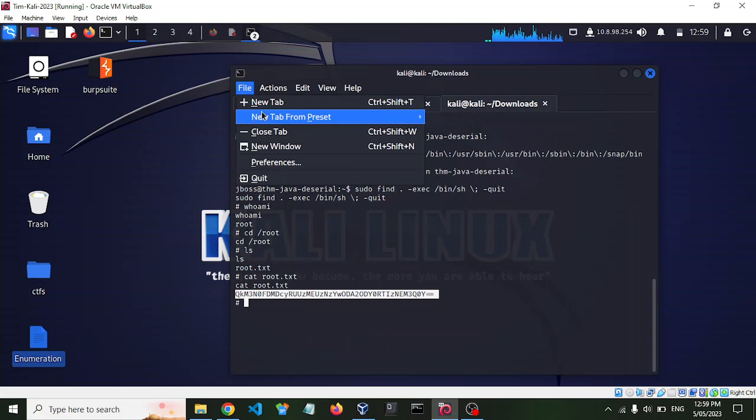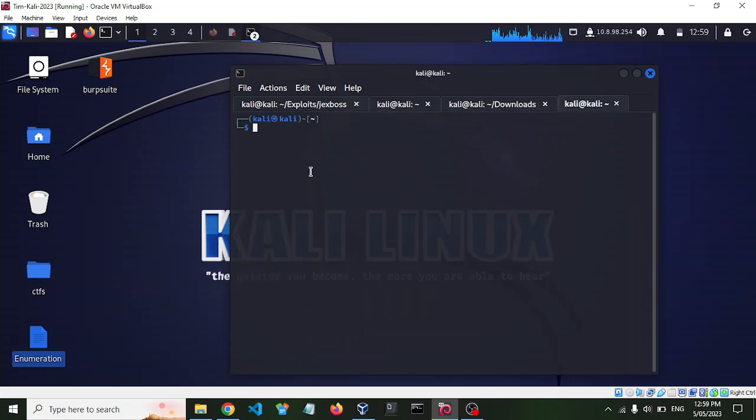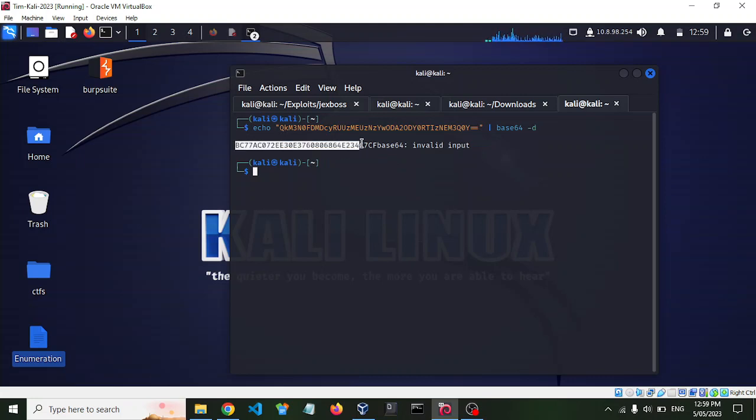So let's open a new tab and we'll say echo, and we've already got it there from before, base64, there's the hash I found. And it gives you that. Alright, so if we do this again without the base64,